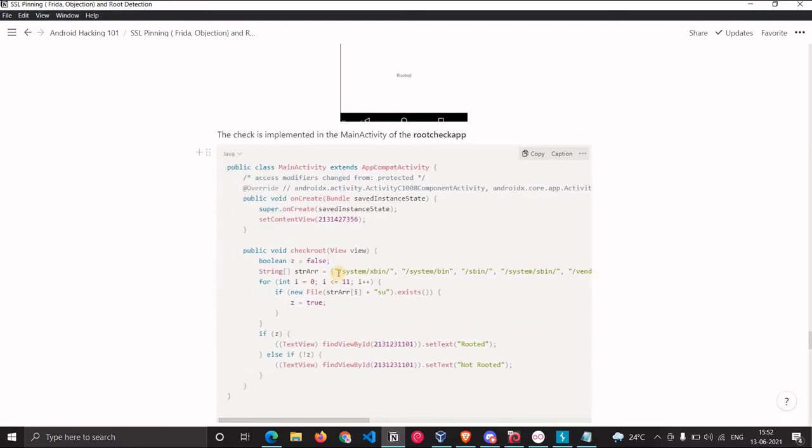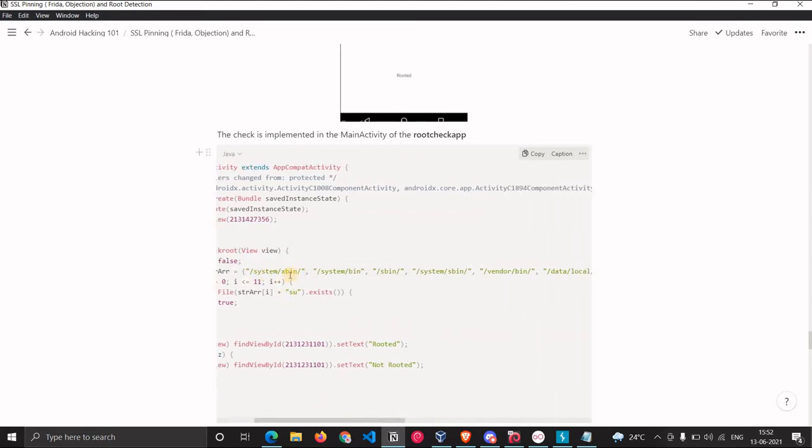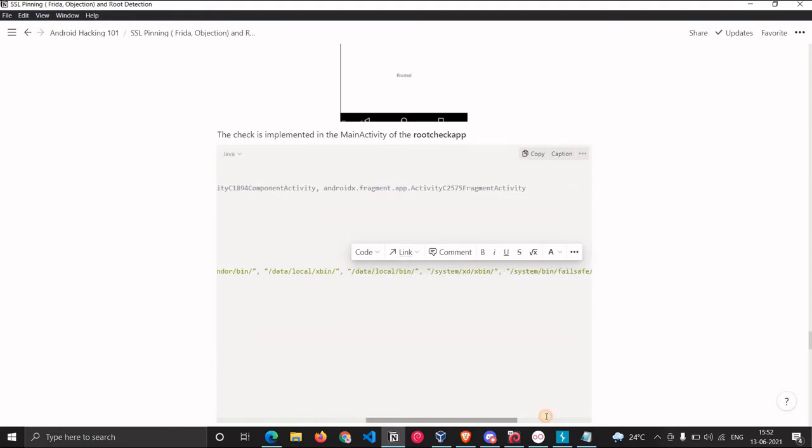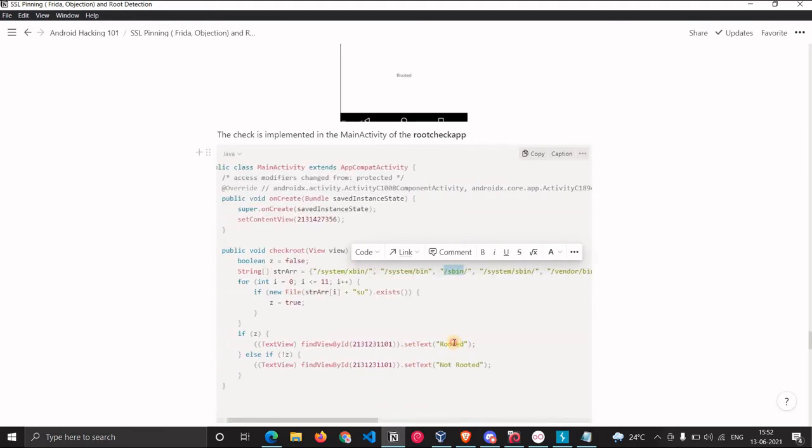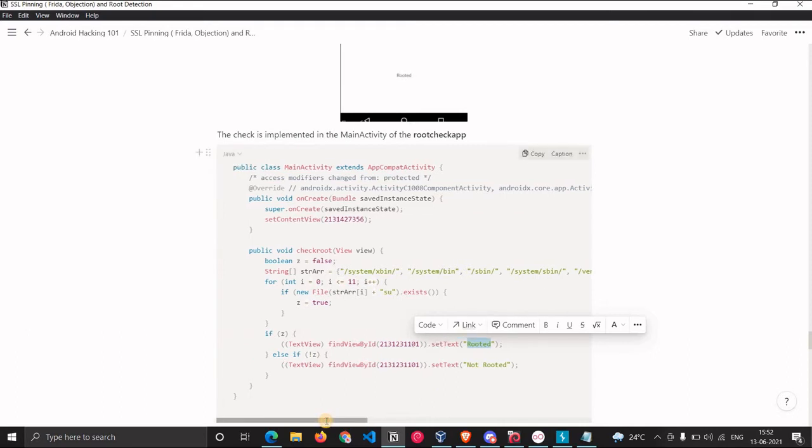This is the piece of code for that. I'm checking whether the su binary exists in these particular paths, that is system/xbin/su or system/bin/su or other locations. If it exists, then I say that the device is rooted, and if it does not exist, then obviously I say that the device is not rooted.